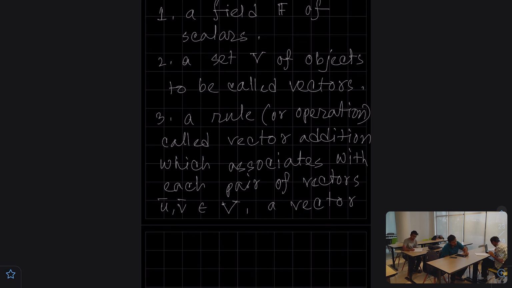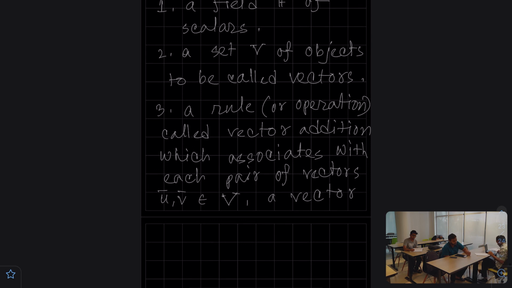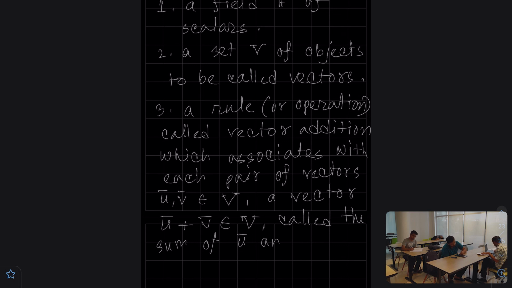Okay, so we are following this notation: a vector u plus v that also belongs to V, called the sum of u vector and v vector, in such a way